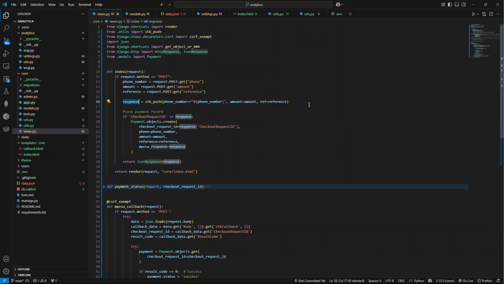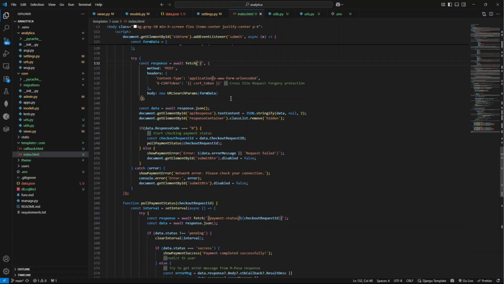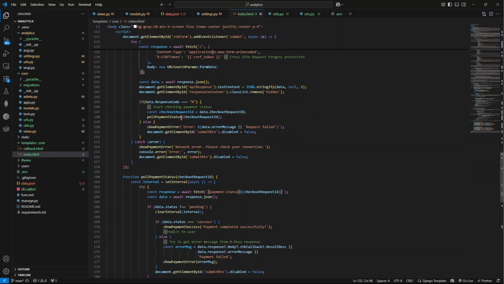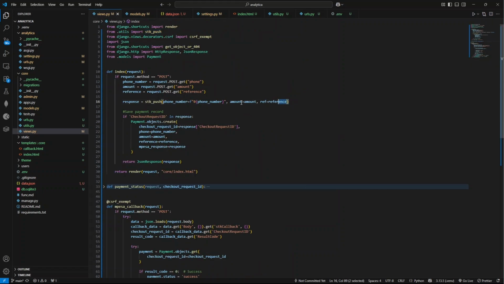Okay, that is the response that we'll get once you hit this one. But then look at this. When you go back here, once this post request has been sent to our URL, there is an API response that we get. And once we get that API response, it comes with a response code. After we get the response, at the same time we are creating